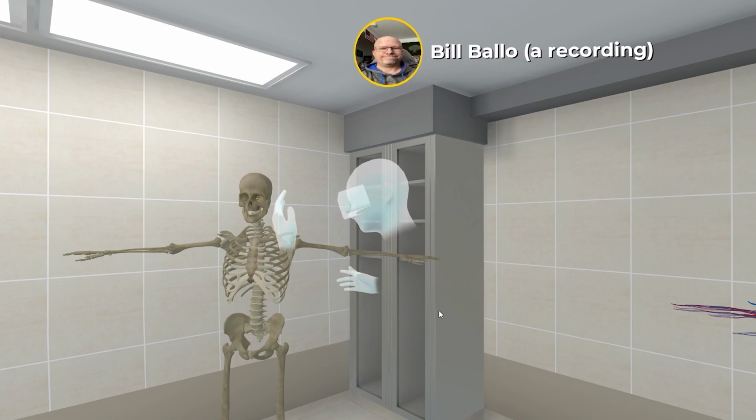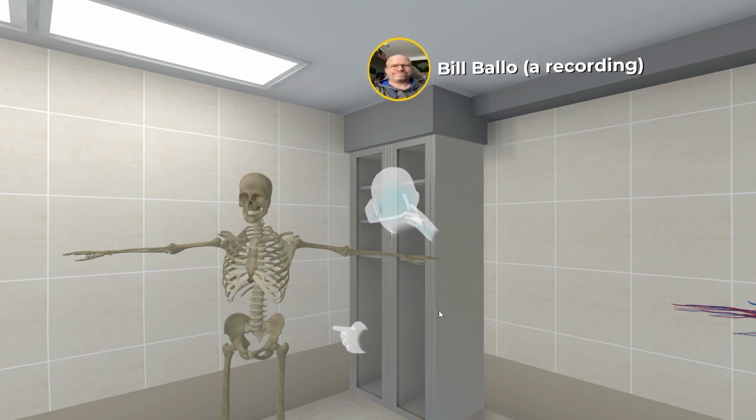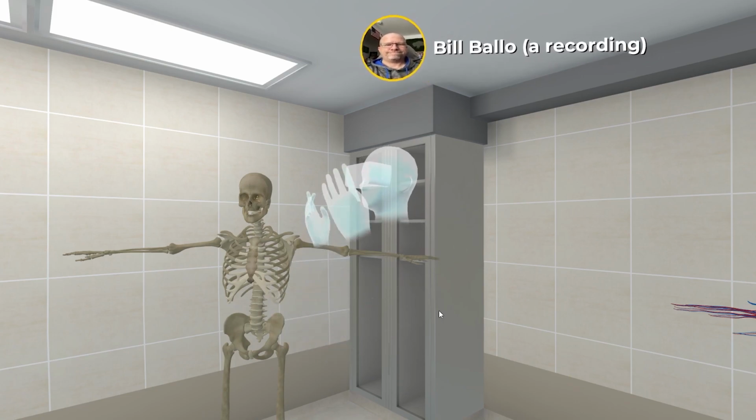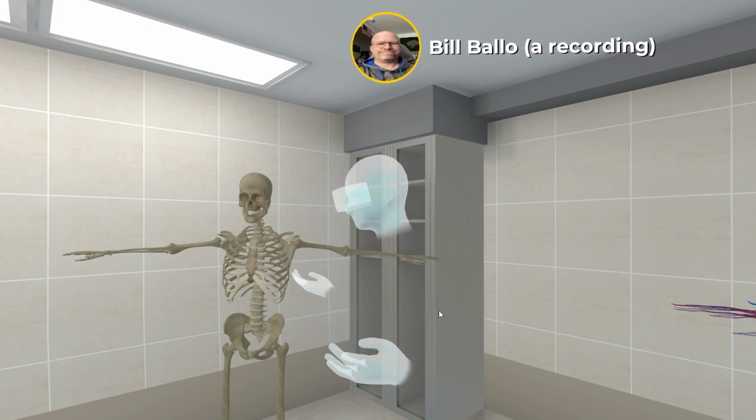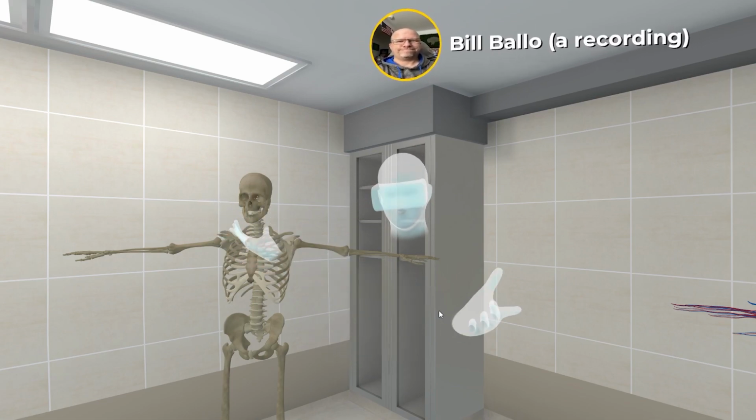That right there is a hinge type joint, right? Hinge type joint. And then we've got the radius and the ulna. And people always say, Bill, how do you remember the radius and the ulna? How do you remember them? Well, what I remember is from my thumb, because when I take a radial pulse,